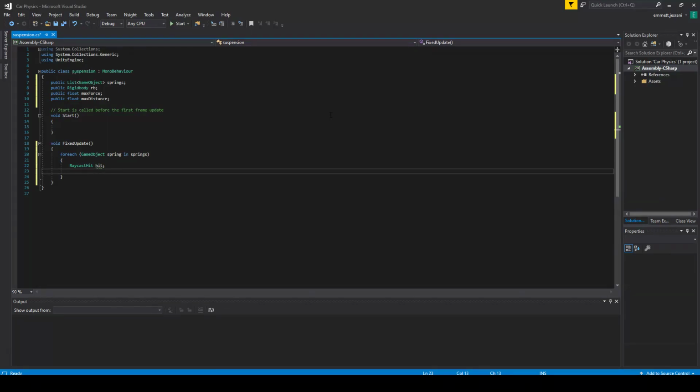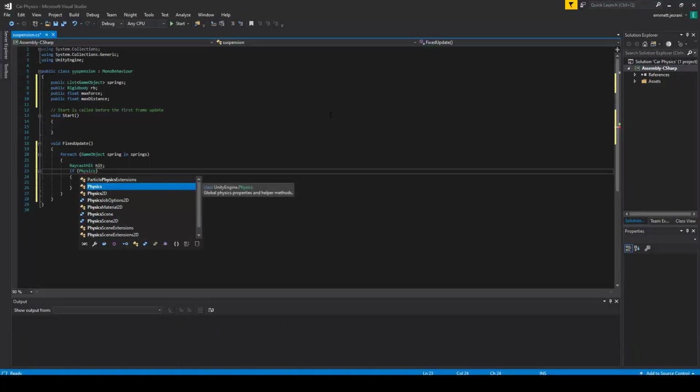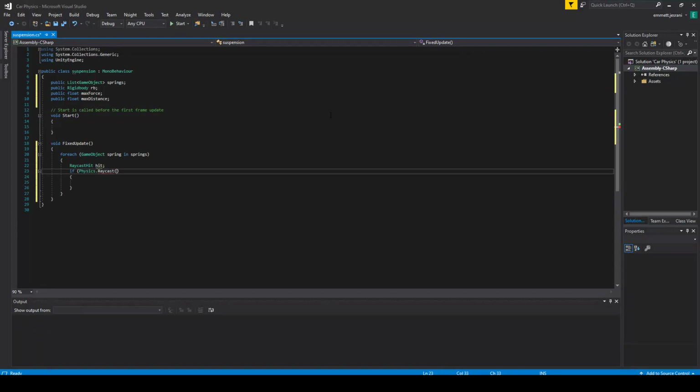So now we're going to go in here and actually perform the raycast. This RaycastHit variable is just what we're going to store the output of the raycast in. If you haven't seen how to actually perform a raycast in Unity, I strongly suggest that you go look at the documentation for that. You can find it on the Unity API docs. And that'll really help you understand what we're doing here and how this works, because it may not be necessarily clear. But we're going to raycast downwards